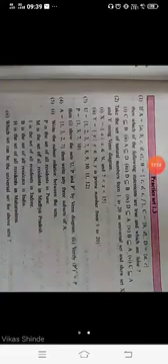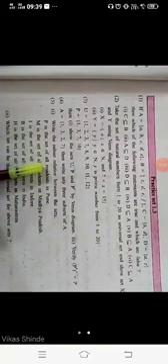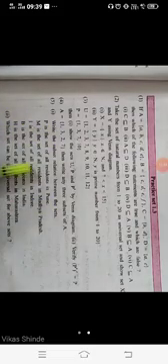Okay student, now see question number 5. In question number 5, write the subset relation between the sets. P is the set of all residents in Pune. M is the set of all residents in Madhya Pradesh. I is the set of all residents in Indore. B is the set of all residents in India. And H is the set of all residents in Maharashtra. We have to write the subset relation between these sets. And the second question: which set can be the universal set for the above sets?